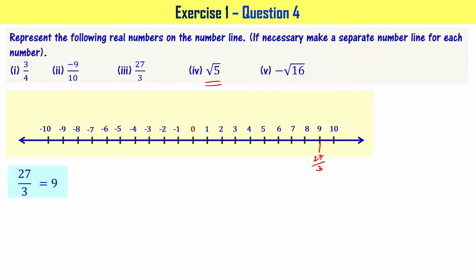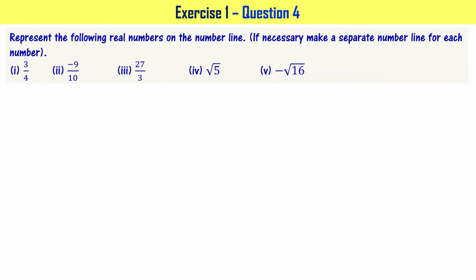The next part of the problem is we have to represent √5. You see, till now, whatever numbers we have seen are rational numbers. √5 is an irrational number. Let's look at this. How do I represent √5 on the number line? Let's consider this particular 5. 5 can be written as 4 plus 1, right? I can write 5 as √5 whole square, and 4 as 2 square, and 1 as 1 square.